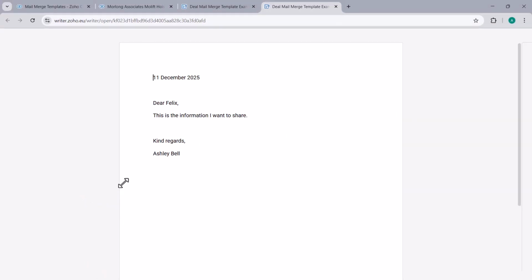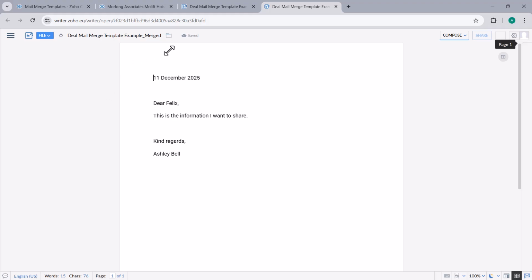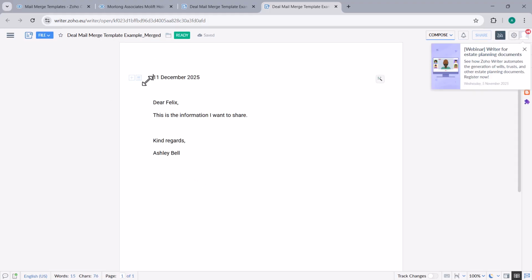There we go. Now our document has been created. It's brought us back into Zoho Writer, but this isn't a mail merge template anymore. This is a finished document, but I can actually edit it. So it's filled in all the information for me. I could now, if I wanted to, like some businesses we work with, they like to write their own things in here. They like to have a section where they can just write a personal message. So this is my personal